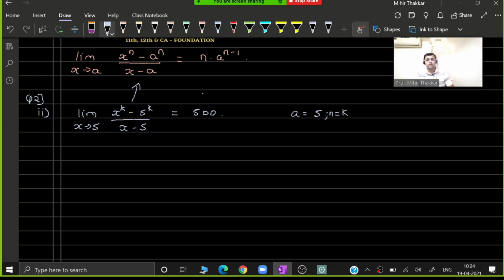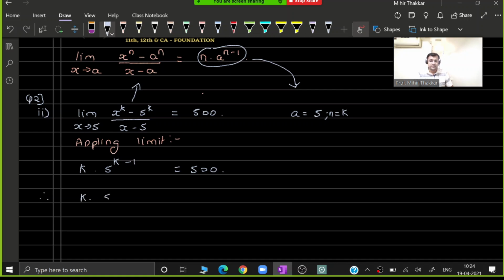So as I had told you, when you have to apply the formula, you have to write just two simple words saying that we are now applying limit. So when you apply the limit, it's n into a to the power n minus 1. So substitute these values of n and a. So you will get k into 5 to the power k minus 1, and this over here is equal to 500. So it's very simple. I can write this as k into 5 to the power k minus 1 is equal to